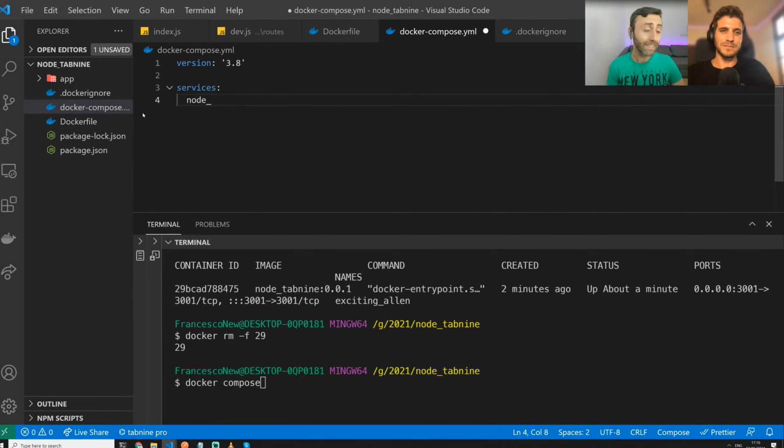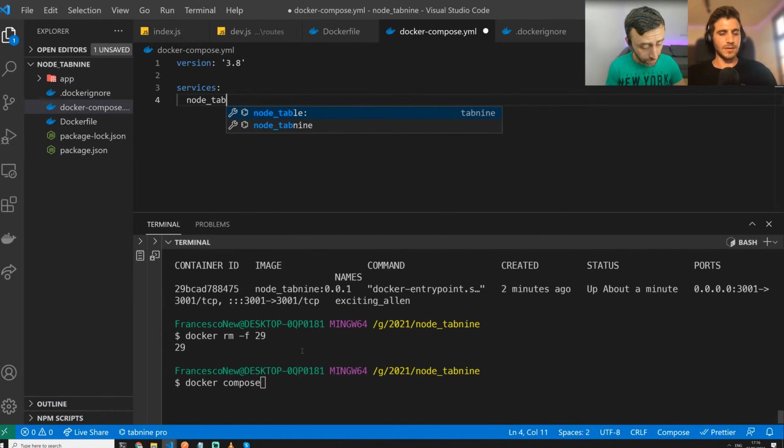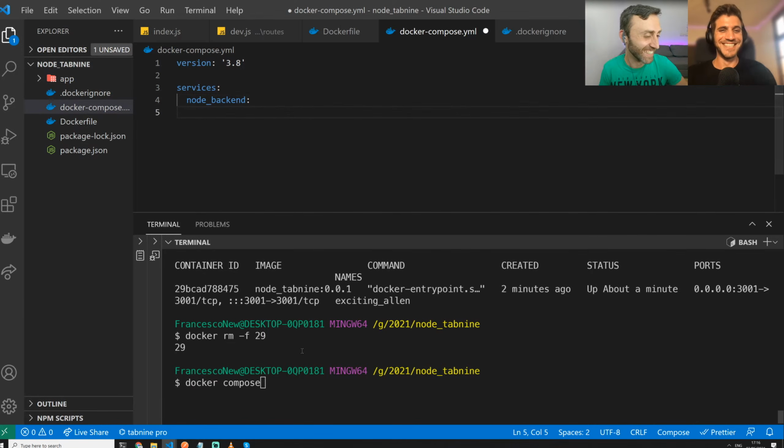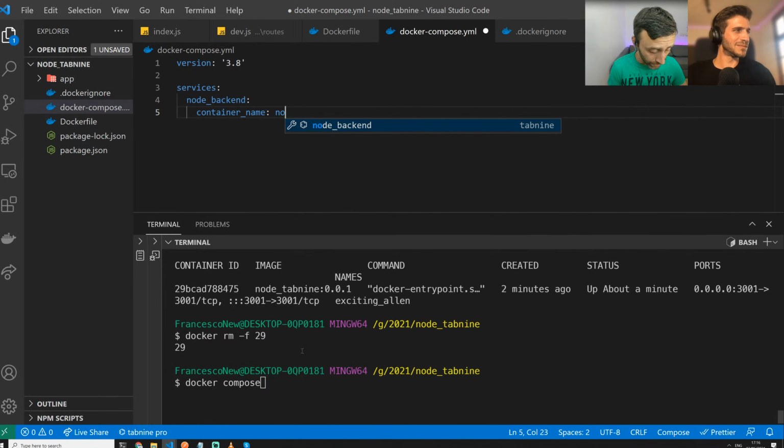We can define services as basically these containers and images. So the node application is a service in this case. Let's call this node backend. Here you can define, and I'll explain this one by one, a container name, so we can define a custom name, and we will call this node